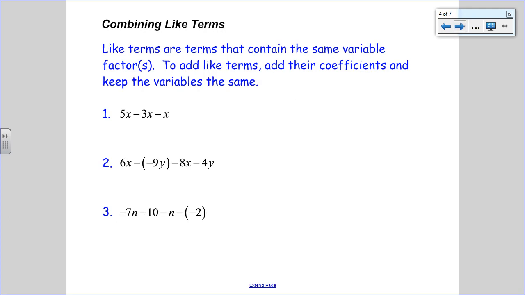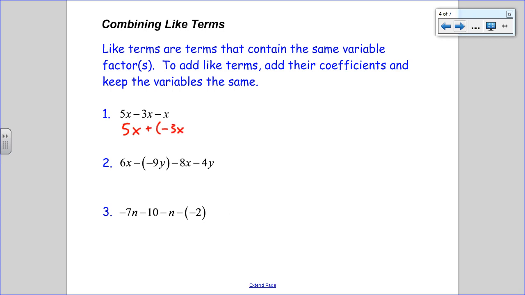The same ideas can be used when combining like terms. If we were adding and subtracting several like terms, we can first rewrite each problem using only addition and then combine the like terms from there. Remember that like terms are terms that contain the same variable factors, and we will add those terms by adding their coefficients. So for example, in problem 1, 5x minus 3x minus x, we can rewrite the problem as 5x